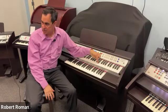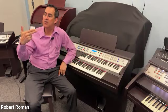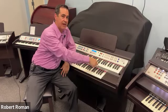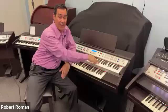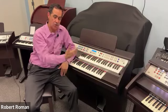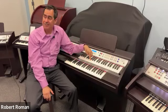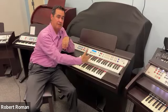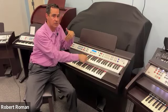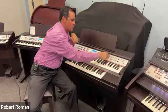Now, if you're using that harmony, here's something to keep in mind, and it's automatic. When you're playing the melody note, wherever you're playing, it'll add two additional notes, and it always does it below the melody note. So if I was playing this, and I have the trio or the AOC on, it's going to do these two notes below it. Now, if you're using the harmony, depending on the sound you have on, if you're playing towards this side, the sounds tend to get muddy. The reason is that if you're playing here, it's adding notes below it. That works okay because he's using strings, but if you have say an organ sound on here,